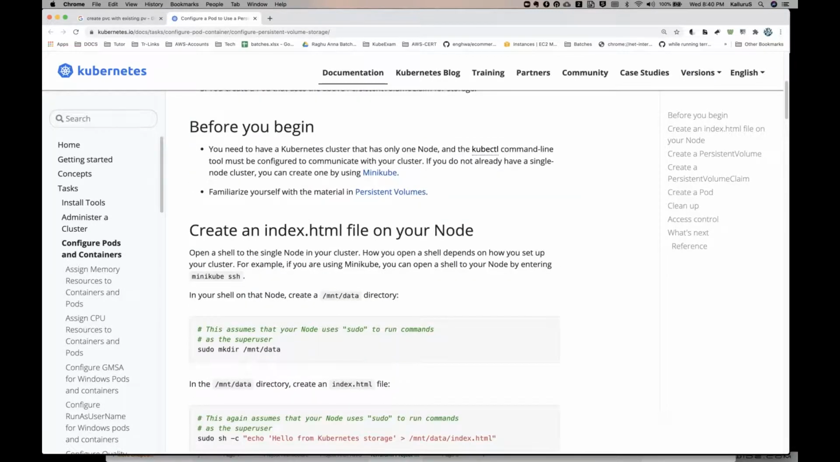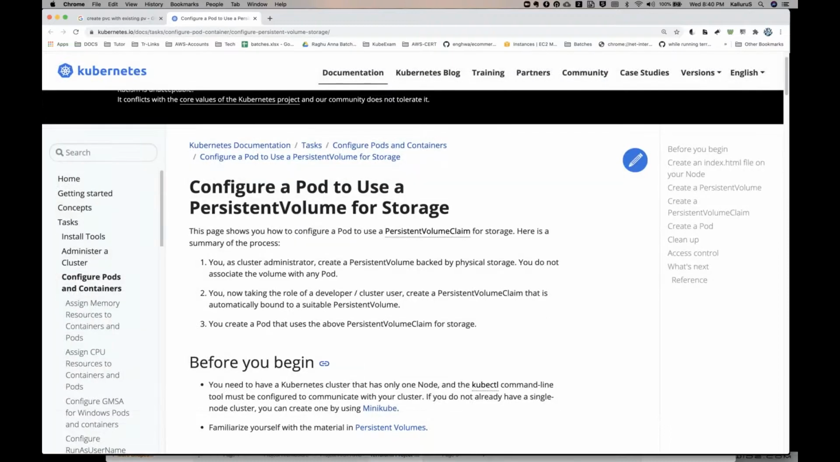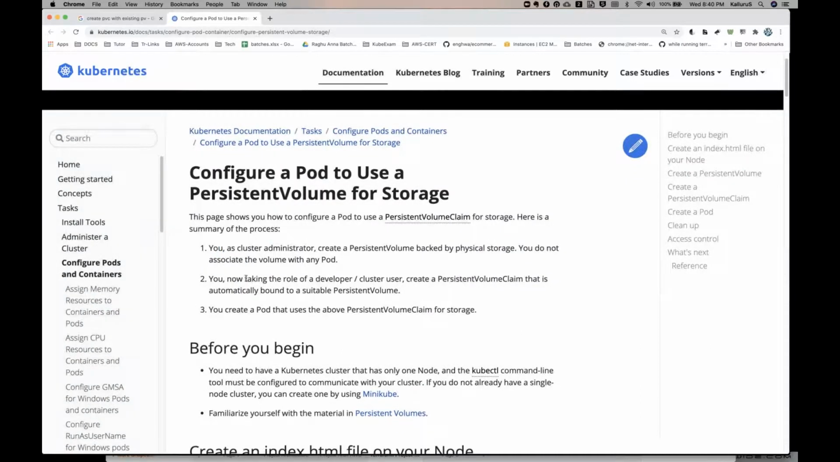But manual, is it created? So if you're a cluster administrator, you create a persistent volume backed by some physical storage. You do not associate the volume to any pod, so that's okay. Now you're taking the role of a developer. Just create a persistent volume claim that is automatically bound to a suitable persistent volume, and you create a pod for